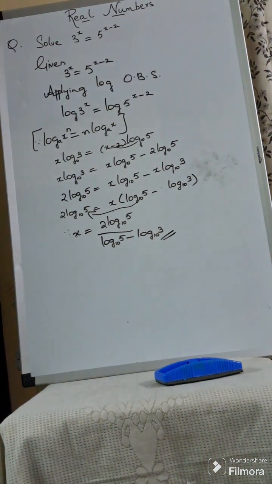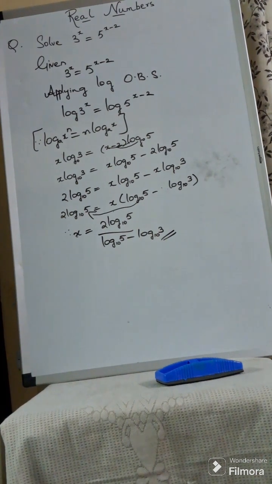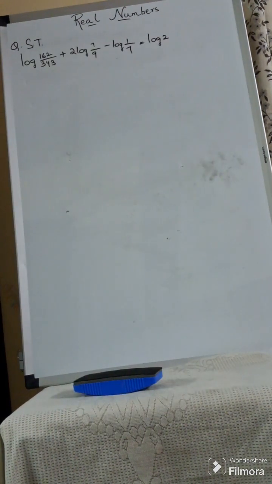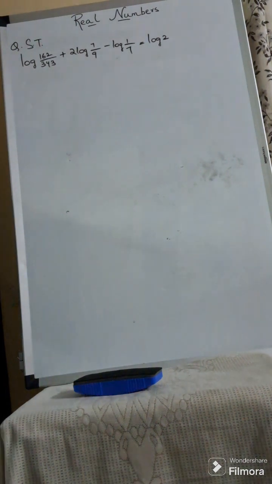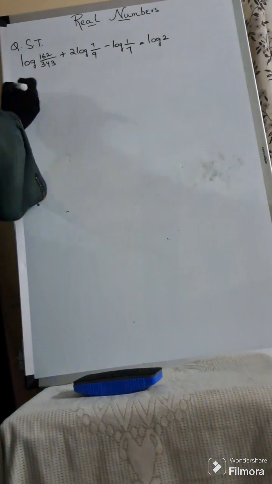Let us see another important question of real number. So our next important question is log 162/343 + 2 log 7/9 - log 1/7 = log 2. So this is one of the important questions and a difficult one too. For this, first what we will do,